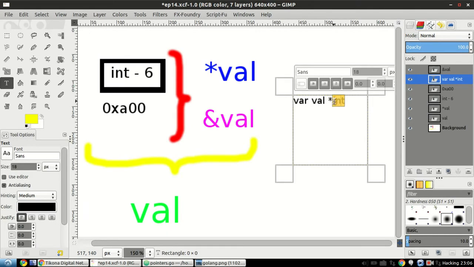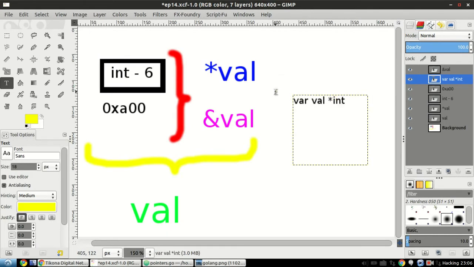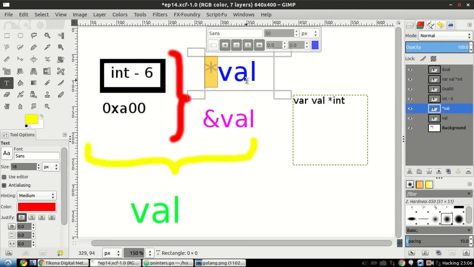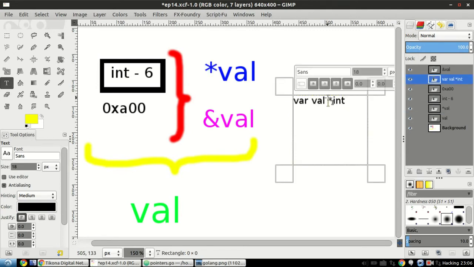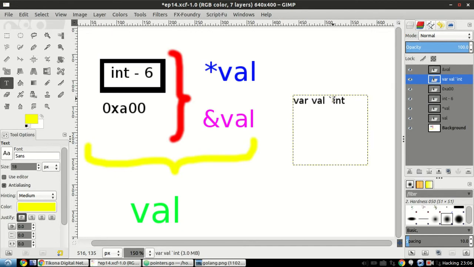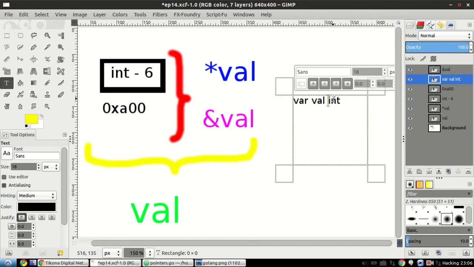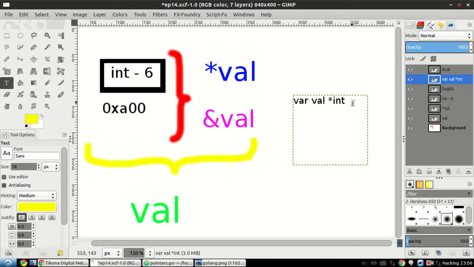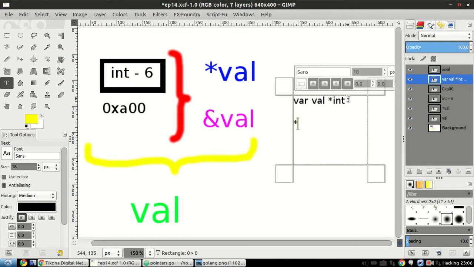That's the basic definition, and don't get confused between this star and this star. Here the star symbol denotes that it is a pointer, whereas when we use something like star val, it means the value corresponding to the address pointed to by the pointer val.